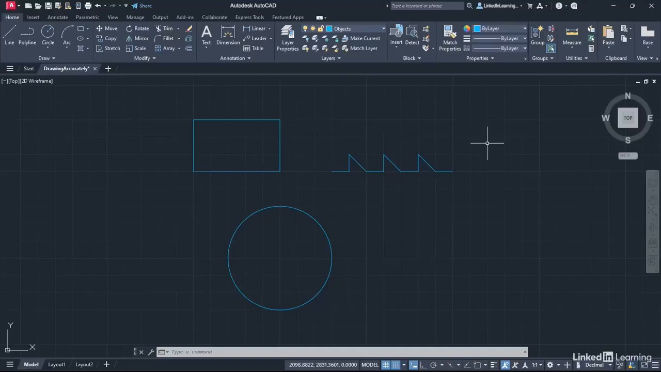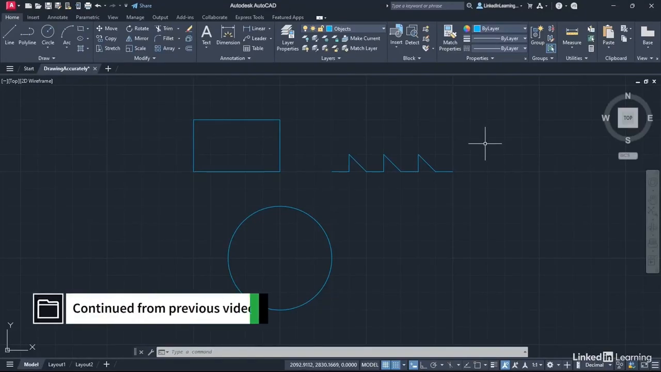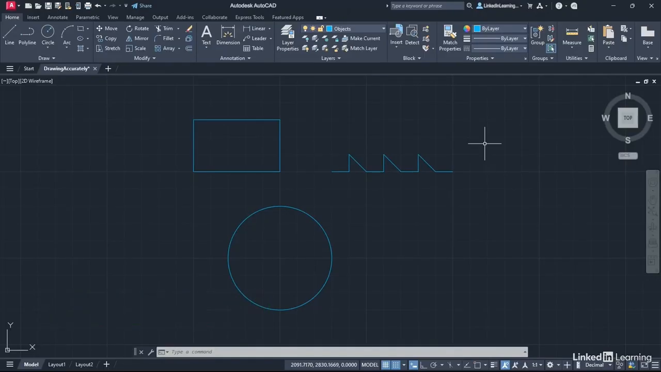We're staying in our drawingaccurately.dwg file. And this time we're going to take a look at how we would normally create entities and objects in our AutoCAD drawings. We wouldn't tend to draw regularly with snap and grid like we did in the previous video. We would tend to use things like coordinate entry and something else we're going to look at, direct distance entry as well. Now, we're just going to do a little bit of housekeeping before we start using the coordinates